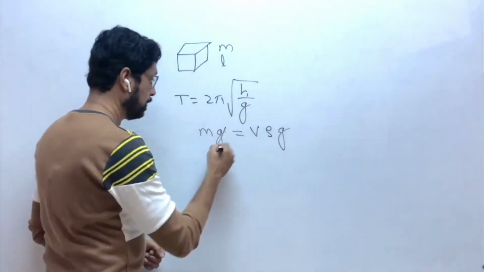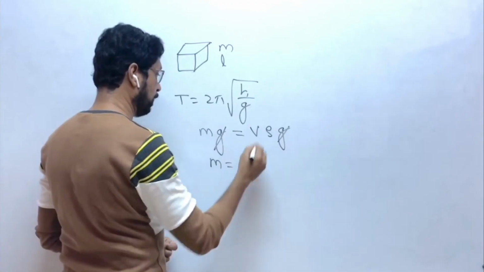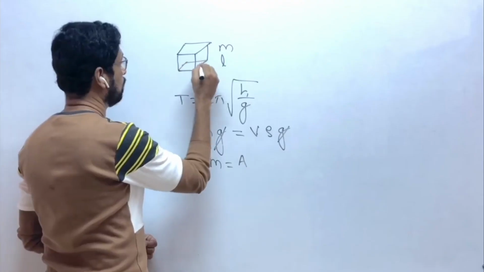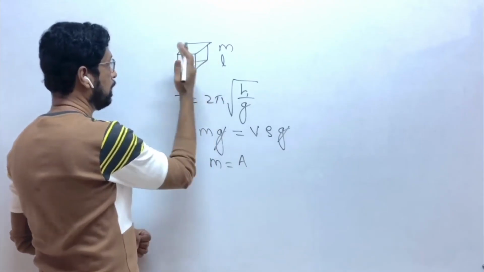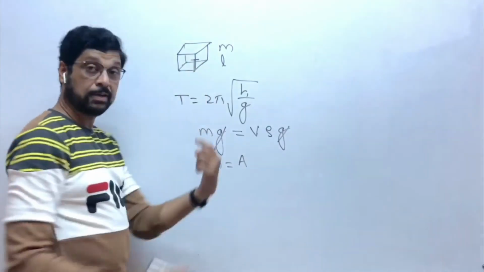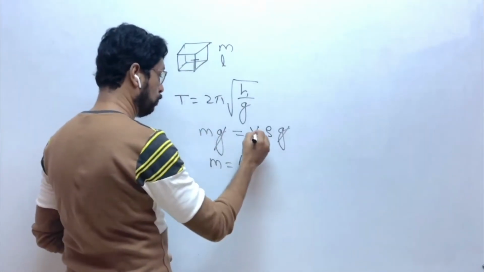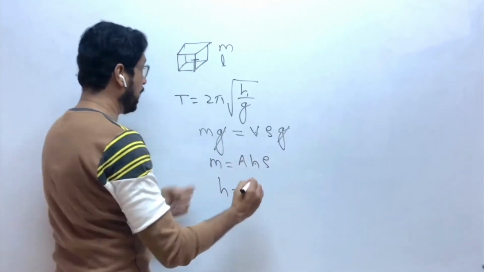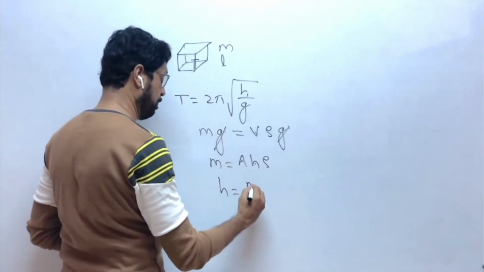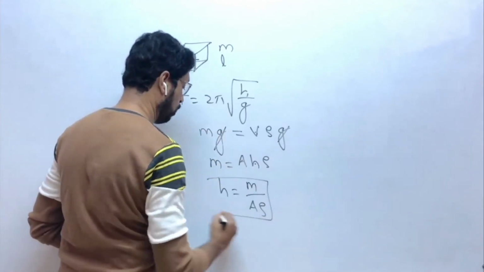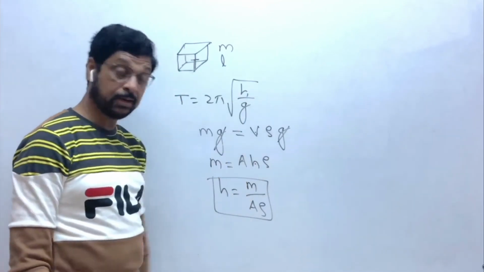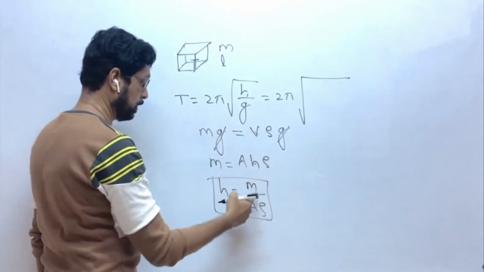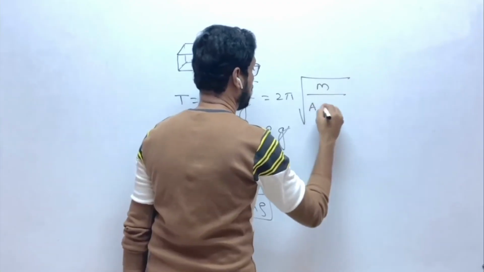Correct? This g gets cancelled. M is equal to V, where V is area, the base area, into H, the length of the cube inside, so V is AH rho. So H, the length of the cube inside water, will be M upon A rho. This value of H you can put here. So T will be equal to 2 pi under root H, which is M upon A rho,